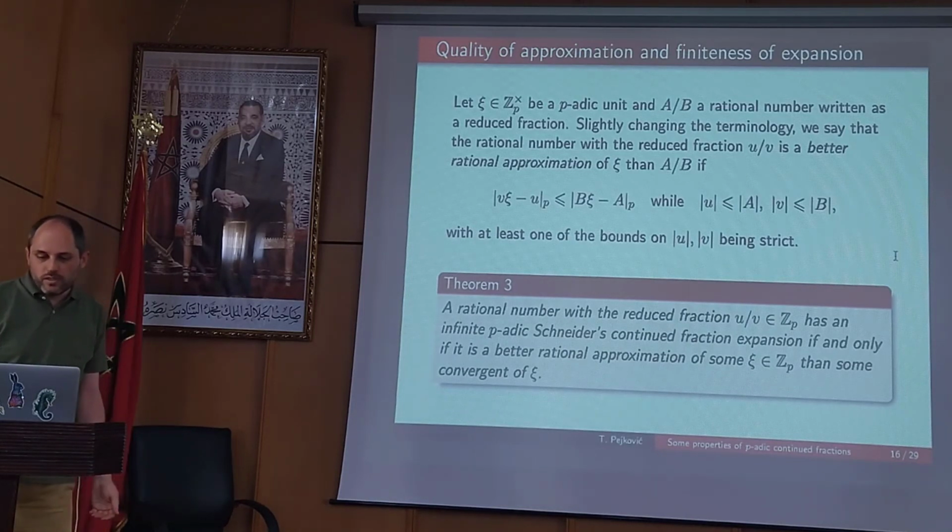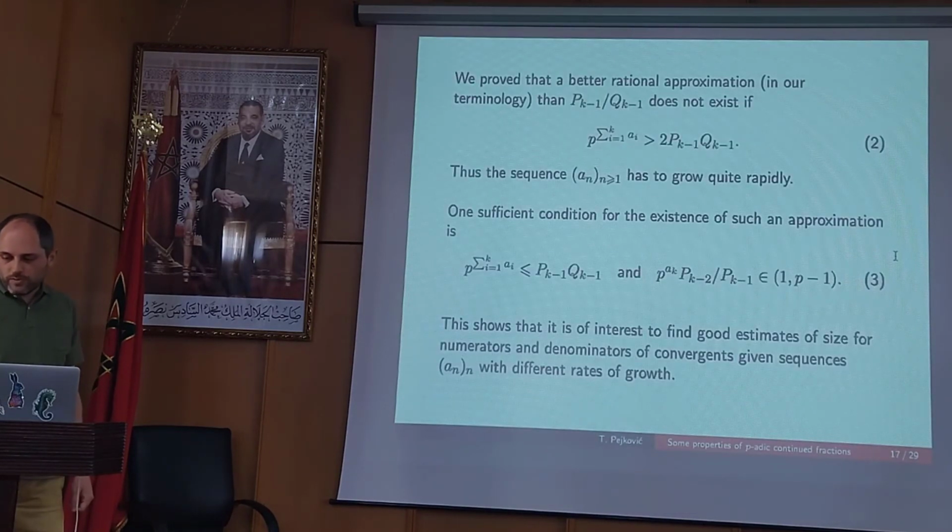So the result is: a rational number with the reduced fraction u over v has an infinite p-adic Schneider continued fraction expansion if and only if it is a better rational approximation of some p-adic integer psi than some convergent of psi. Okay, so this links the quality of approximation with the finiteness of the expansion in Schneider's p-adic continued fraction. Okay, so we proved that